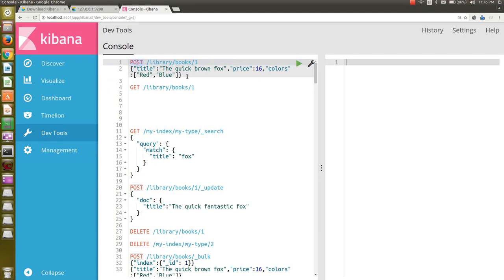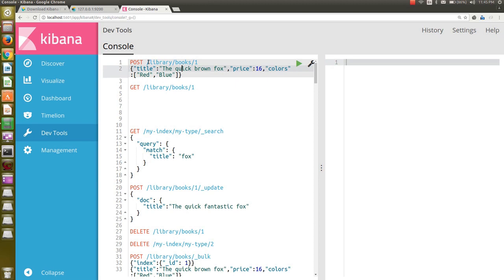As I told you before, it works on JSON, you can interact using JSON and REST API. So this DevTools gives you a console where you can directly push, post, put and do various operations on Elasticsearch.